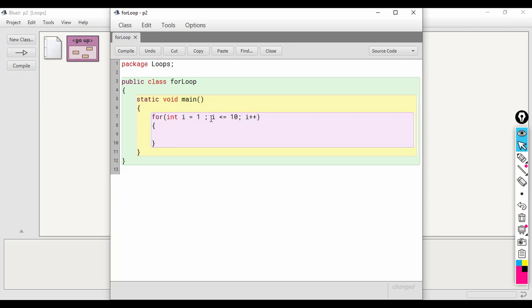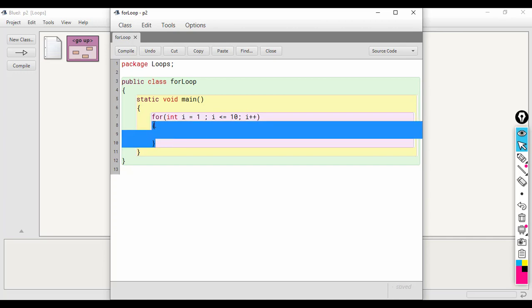That means in each iteration the value of i will be increased by 1. So this is the initialization, this is the condition, and this is the update statement. Now this part is known as the loop body.